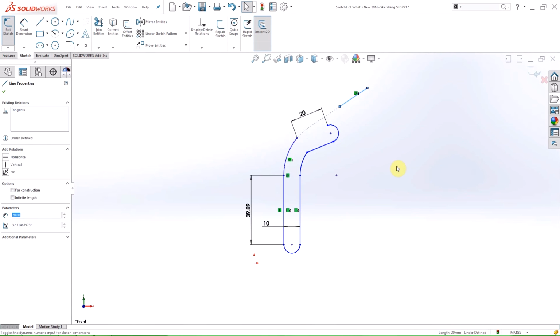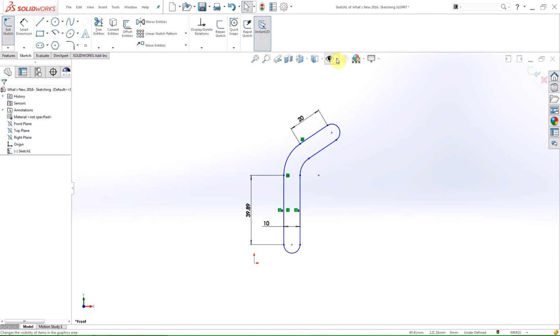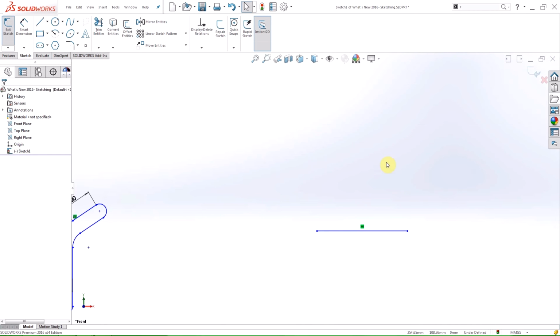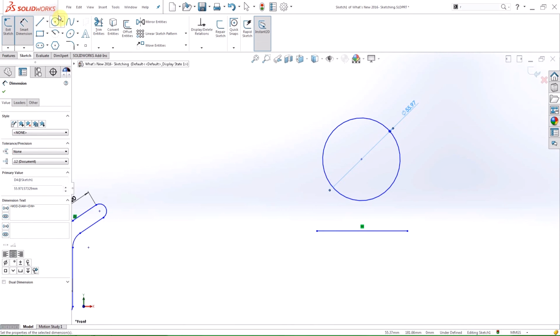I'm going to undo that and show you the new hide 2D and 3D sketch dimensions. This gives you the ability to toggle the visibility of dimensions in sketch mode when previously only 3D sketch dimensions were turned off. The next change I'm going to show you is within the Segments tool, but first let me